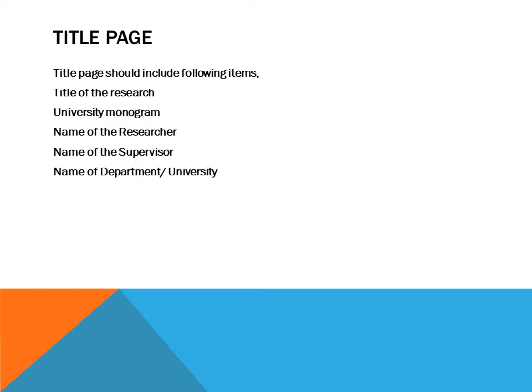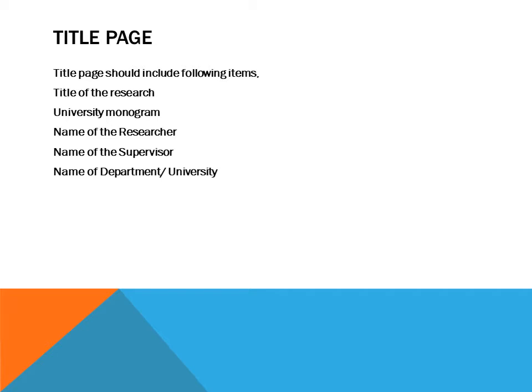Title of the title page of the research synopsis. The title page of a research synopsis should include the following items. Title of the research means the topic of your research. The topic of the research should be self-explanatory. It should include all your variables and it should be very clear. If there are some key terms in that title, you will explain those key terms in the introduction of the